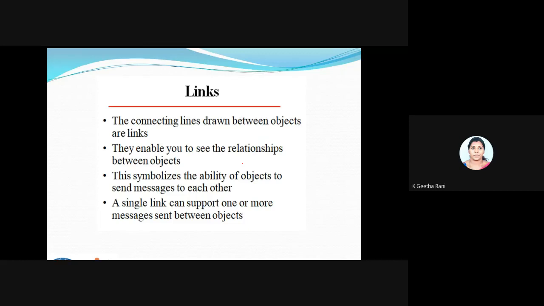Links. As I said, it's nothing but a plain line which is going to connect the objects. This is going to enable the relationship for us, so we'll be using a single line. Always make a note in a collaboration diagram: when I'm using a link, I can pass one or more messages. I'm sorry, I got confused with the sequence. In a sequence diagram, you can pass only one message between these objects, but in collaboration, I can pass more messages.